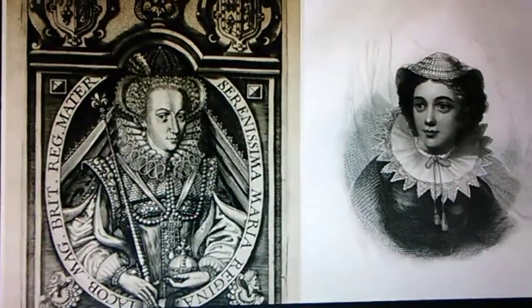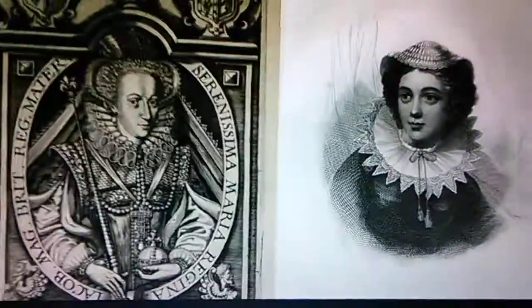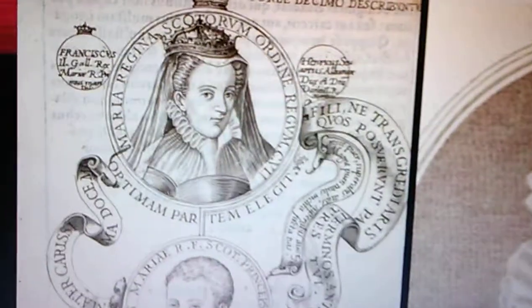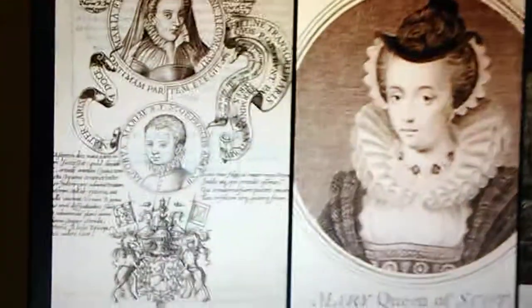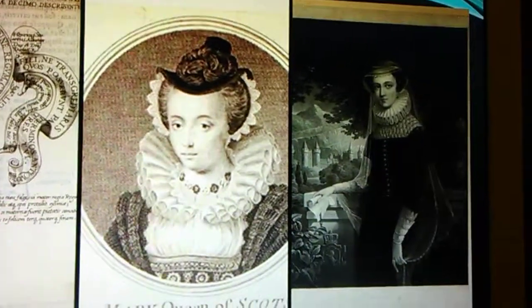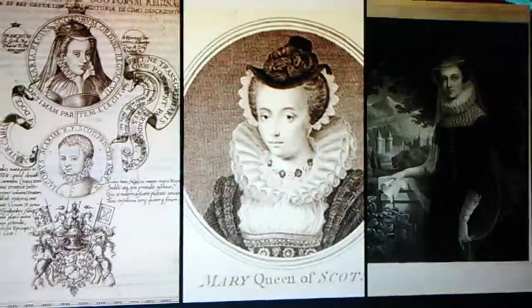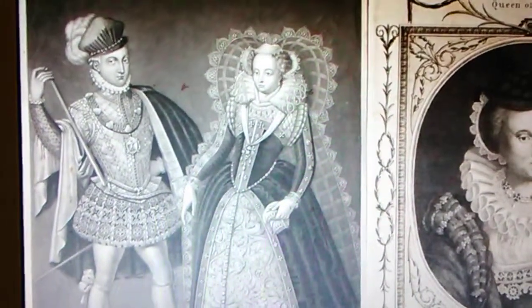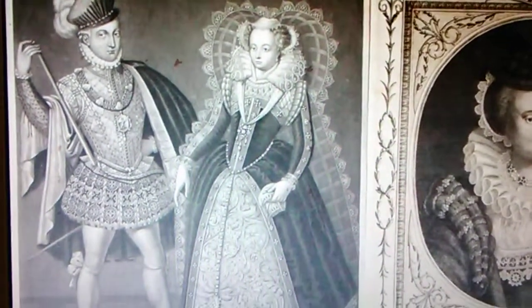This is Queen Mary. Do you see her curly, woolly hair? This is Queen Mary. This is not Queen Mary who you're used to seeing. That is Queen Mary. This is Queen Mary and her brother, sorry about that, and her brother, King Edward. This is Queen Mary, Queen of Scots. This is not Queen Mary, who they tried to put up as this woman with her afro. This is Queen Mary and Lord Henry Darnley, the father of King James. These are King